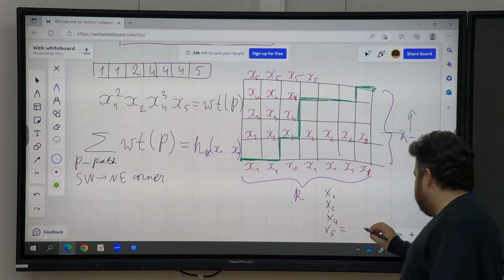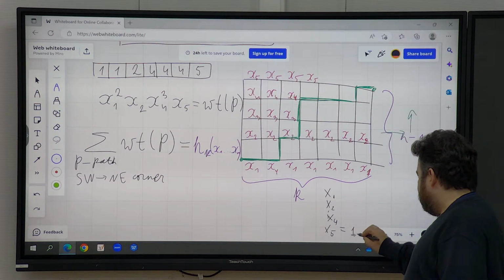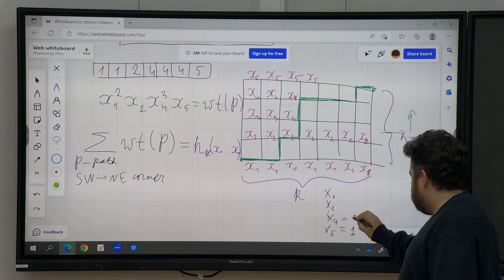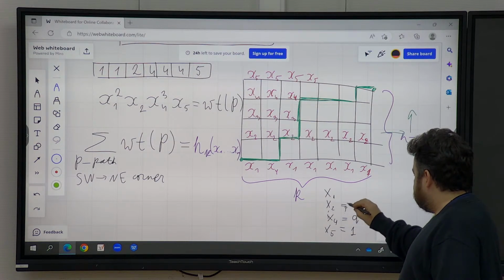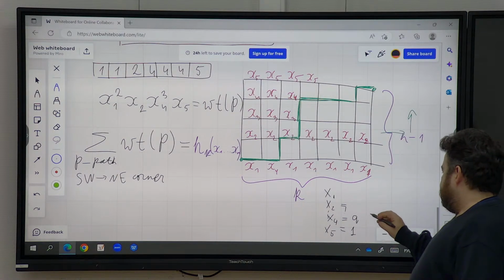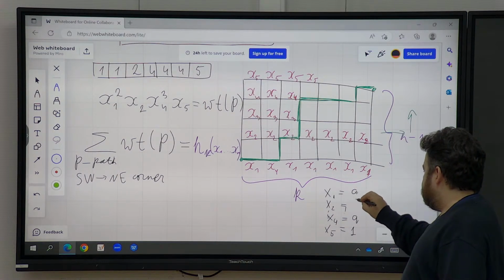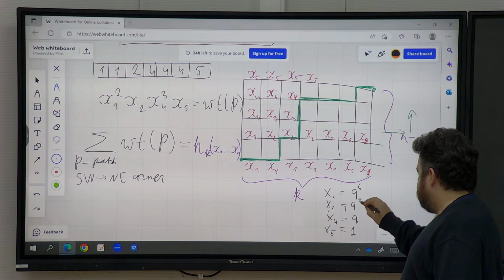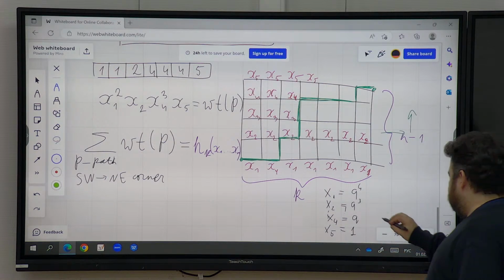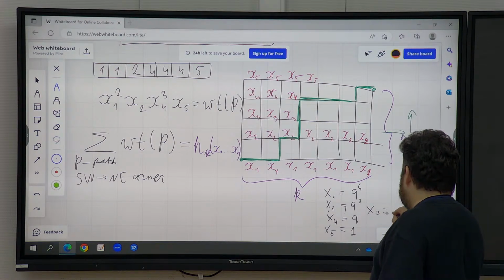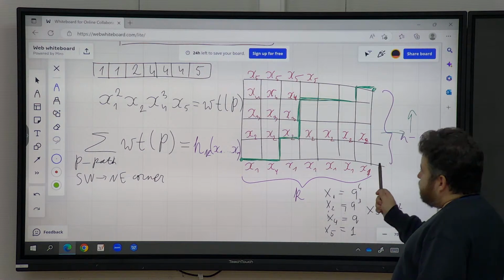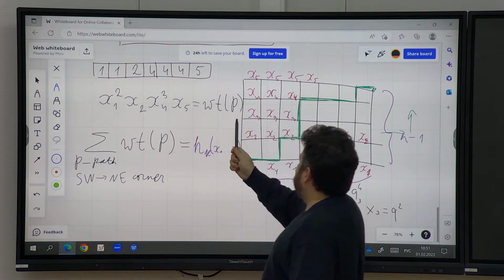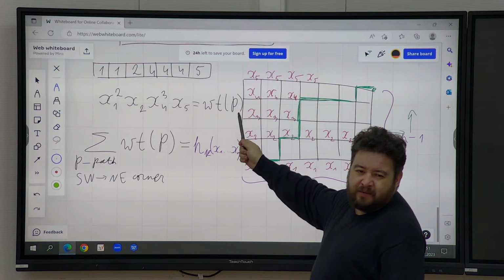So what if we take x5 to be 1, x4 to be equal to q, etc. So x1 will be q to the 4th, q to the 3rd. Well, sounds silly, so x3 is q squared. So what if we assign these values to these x's, and what will the weight of p look like